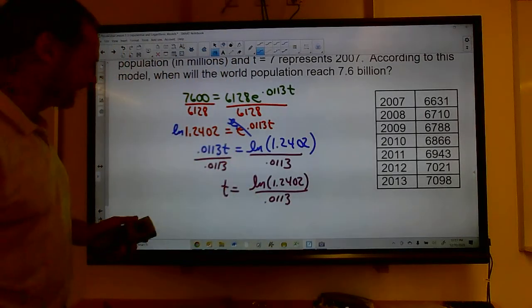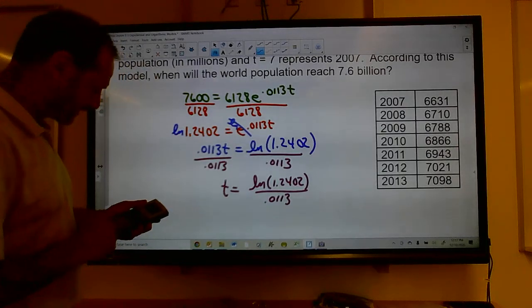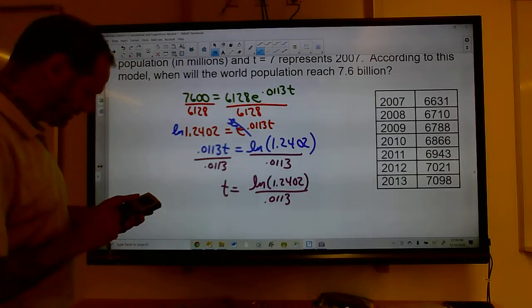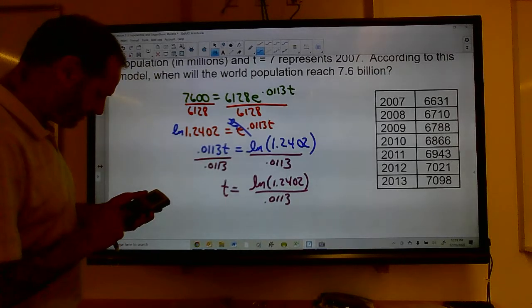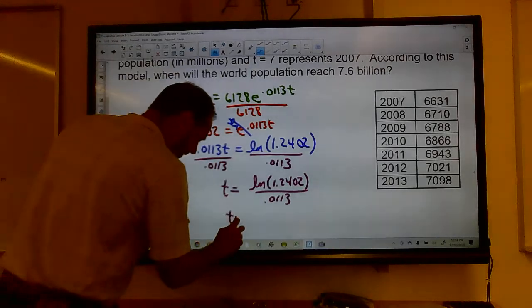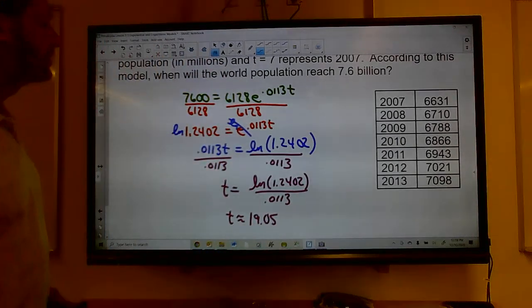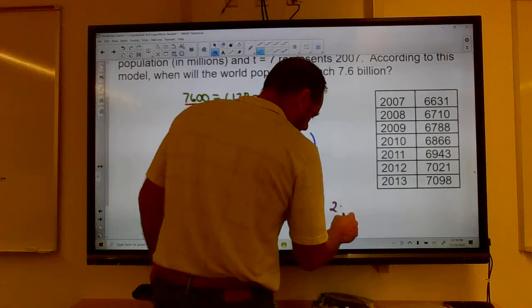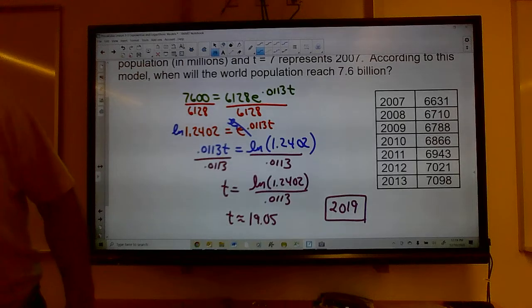All right, so this is just a matter of doing it on my calculator now. So I'm going to take the natural log of my answer. Whoops, I hit the wrong key. Hang on. The natural log of my answer divided by 0.0113. And that comes out to t is approximately 19.05. Which, if t equals 7 represents 2007, then t equals 19 would be, the answer would be 2019. Okay,